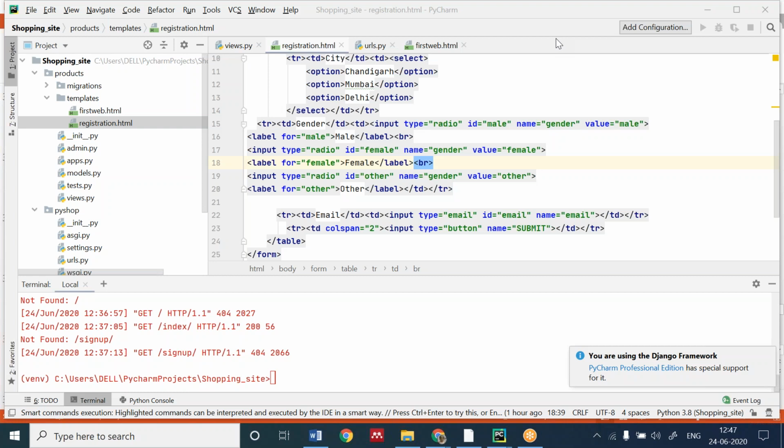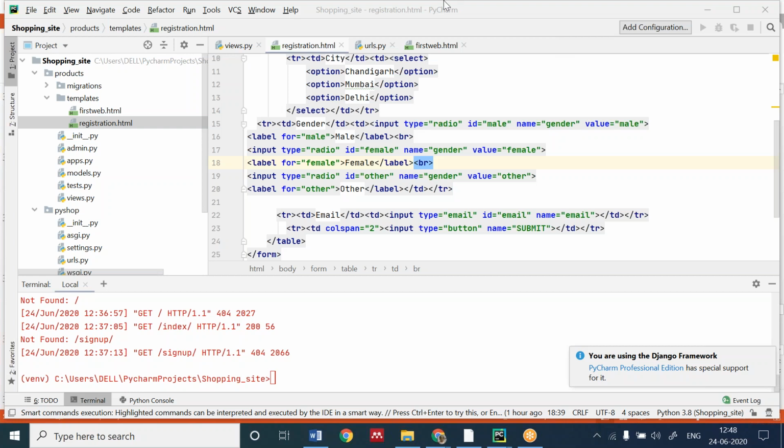Firstly, I want one web page to be created by you. After that, I'm going to ask how I should access this registration.html. How should I access this page? You will be giving me the answer.